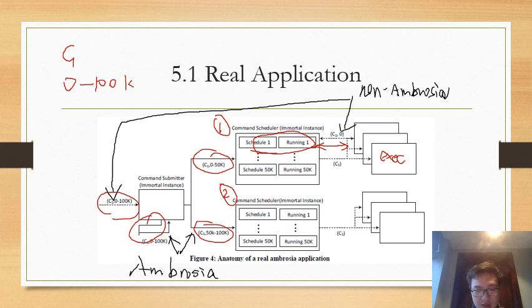Then, once the command has completed, a finished message will be sent to the command scheduler through some web service interface. You can see the arrow here, so it is sent back the finished message. Then the scheduler will update the state of the machine's schedule and running commands and schedule the next command if appropriate.